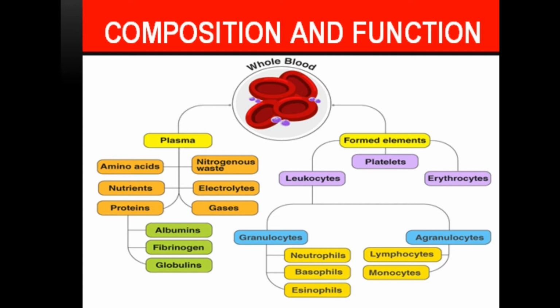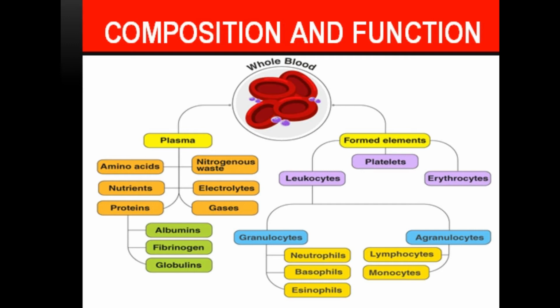As far as the function of the blood is concerned, the major function is to carry oxygen from the lungs to the body, and carbon dioxide as a waste away from the tissues and back to the lungs. The first thing is the gaseous exchange, in which basically RBCs are mainly involved. About 45% of the blood is composed of the formed elements, that is RBCs, WBCs, and platelets, and 55% of the blood is plasma. So it gives a certain viscosity to the blood as well.